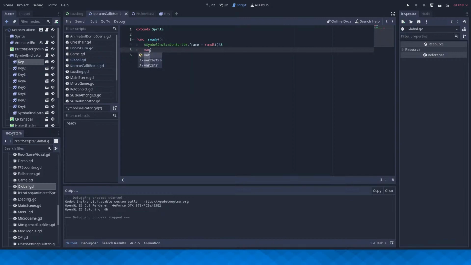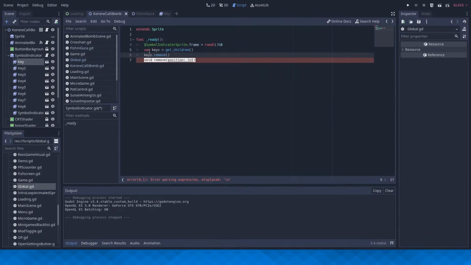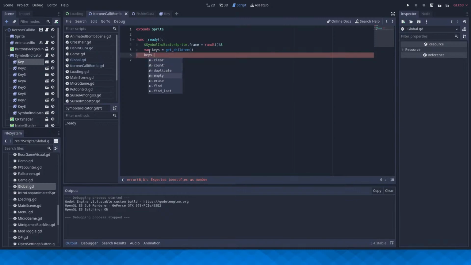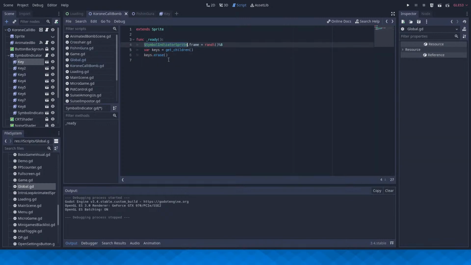Alright, so let's make a variable called keys. It's an empty list. No, make that get children, and then keys dot erase the symbol indicator sprite, so I don't change that immediately.